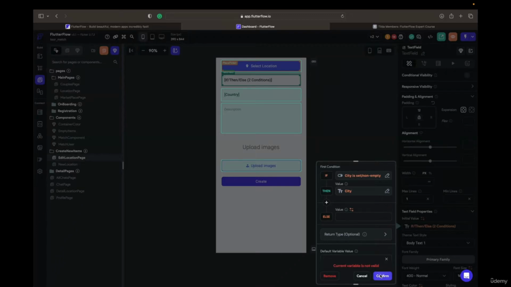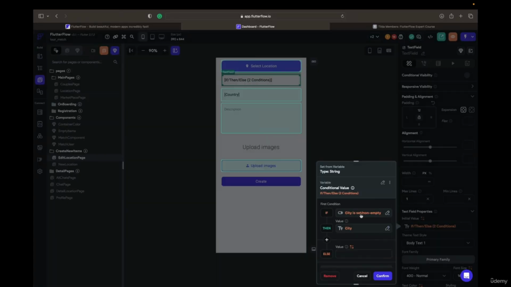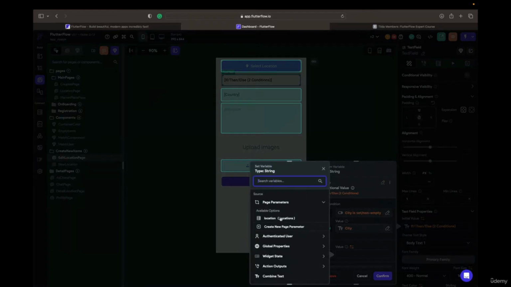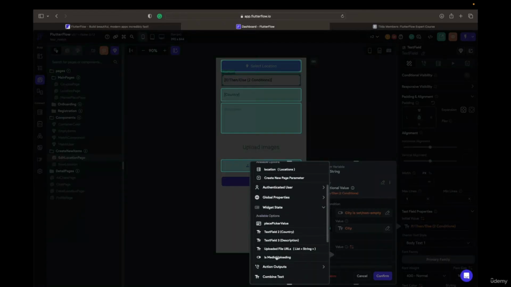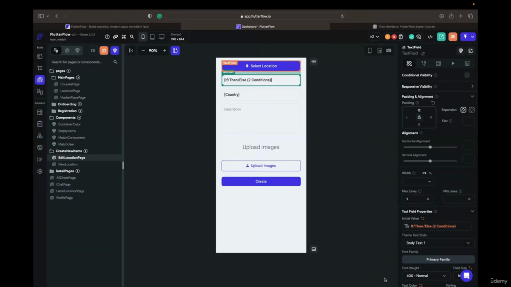So let's make it a space. It's gonna work. It's working. So if I have the city here, show me the city, or show me nothing. All right, but still I think we have to use widget state and place speaker value. So, and let it be city. Okay,